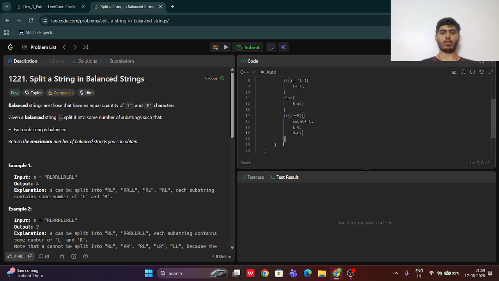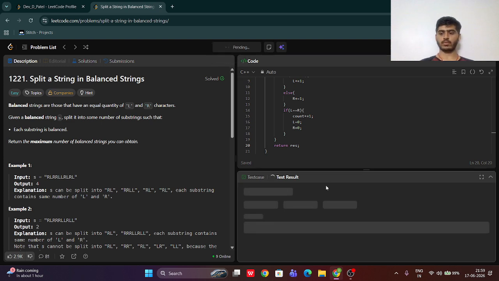So now once this for loop is over, we will be having the count of the number of balanced strings the string S could be divided into. So we can just return this resultant count. Now if we just run this code,